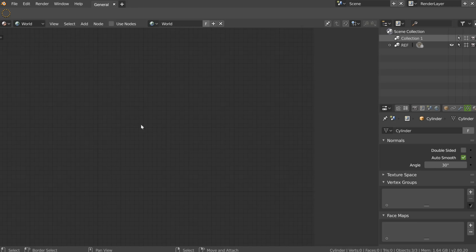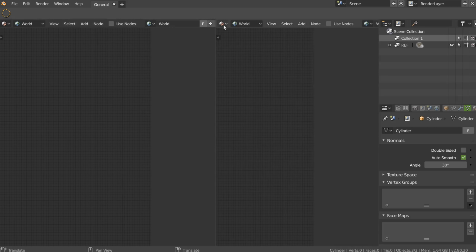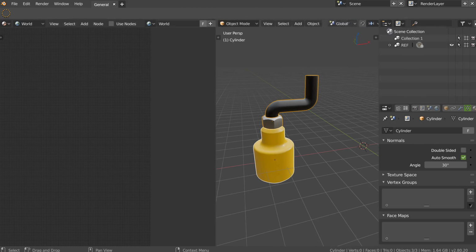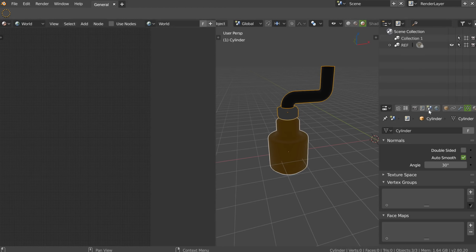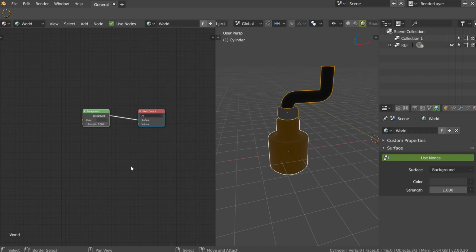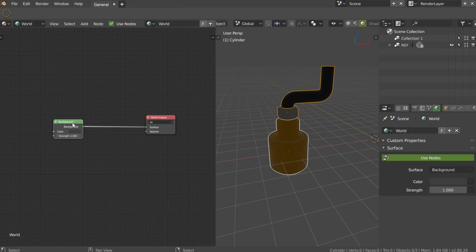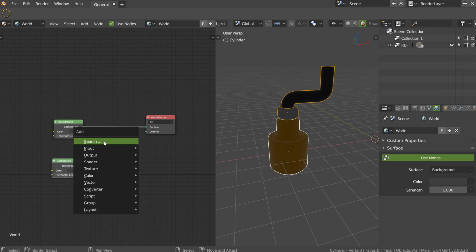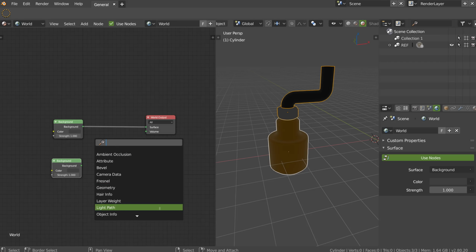So let's continue. I have the world here, so I don't have a world in... I will go in my 3D view, I will go in Eevee. As you can see, I don't have any world, so I will make a use nodes. Here I will press N, and I will duplicate this one, Shift D. I don't know if it's possible to launch the search directly and not make, for example, Shift A and search. If we can just directly launch this, that could be really nice.